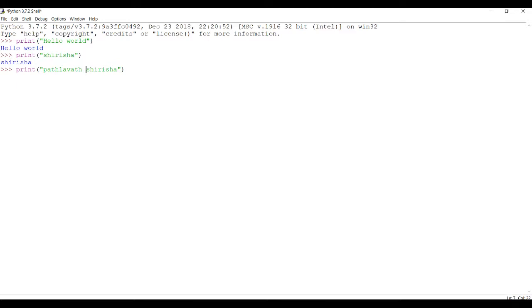Otherwise it will show an error. So in that case you need to use a single quote for the thing you want to highlight. Done. So here Sirisha is in the inverted commas. Okay, you can do it that way, or instead of these double quotes you can use single quotes also.